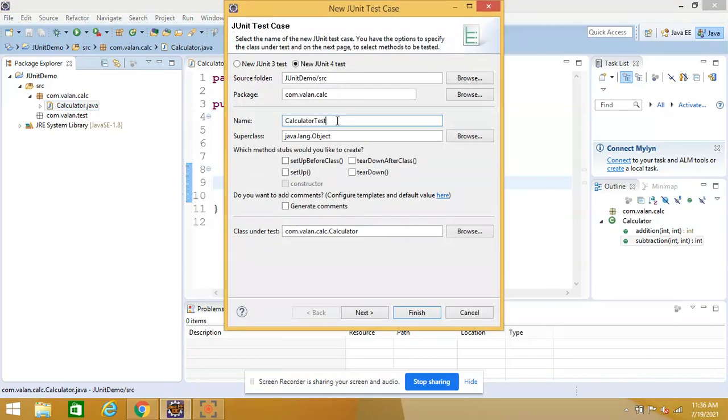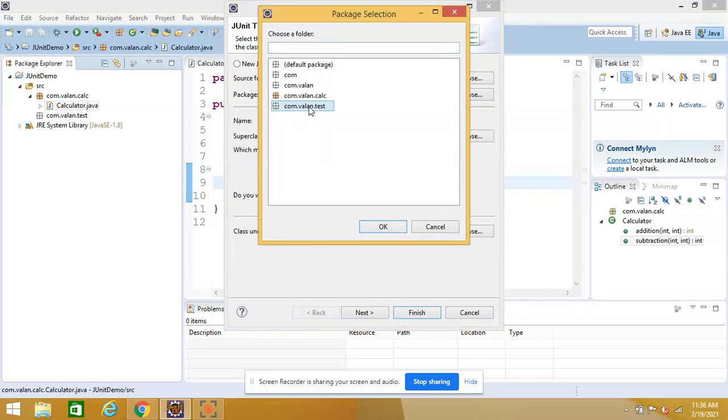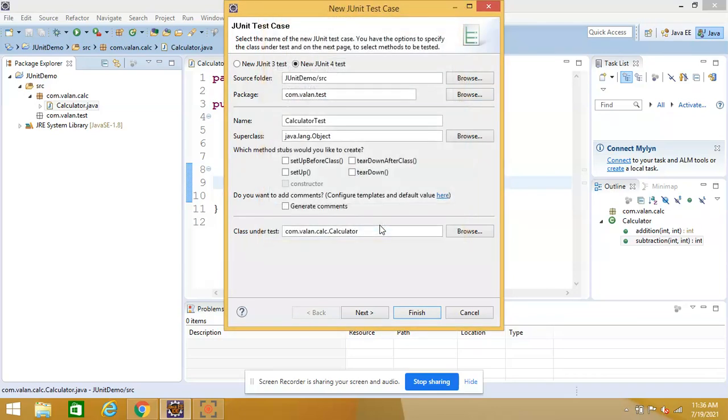You can look at the test case file. By default, the test case file name is your business logic class appended with Test. So let it be like this because this is as per the coding standard. By using this file name, I can understand, okay, this is a test case file for the calculator business logic class. Let us keep the same thing and ensure that you are browsing your test package, because our intention is we want to separate the test case file. So that's why I'm browsing my testing package. So now I will be clicking next,